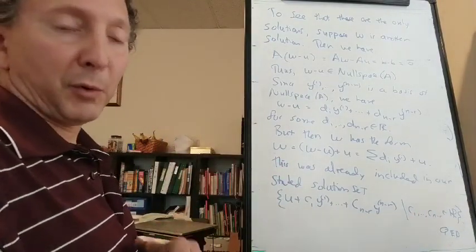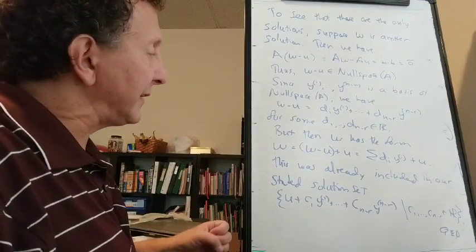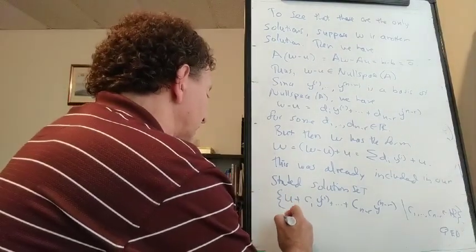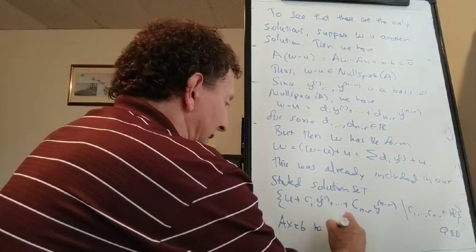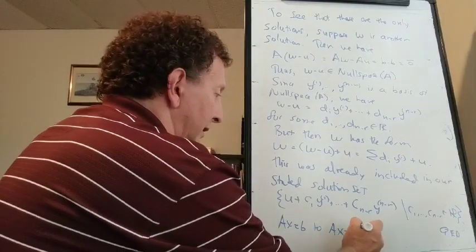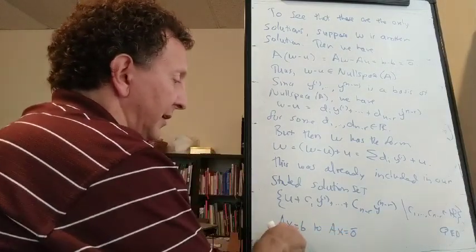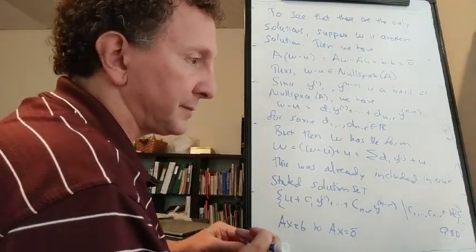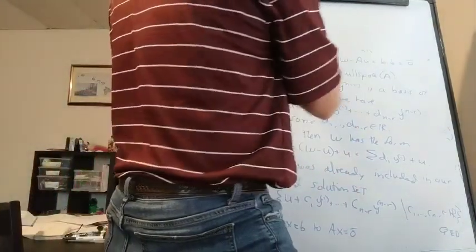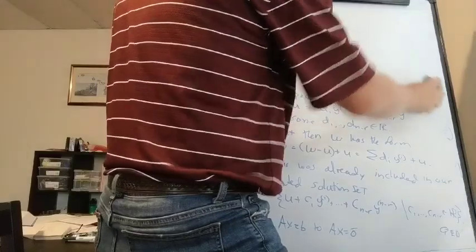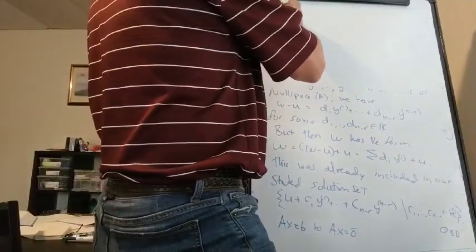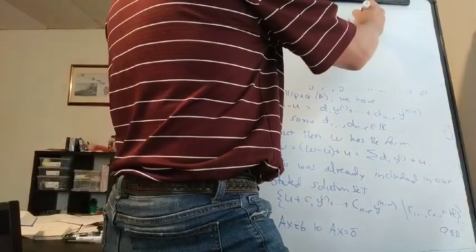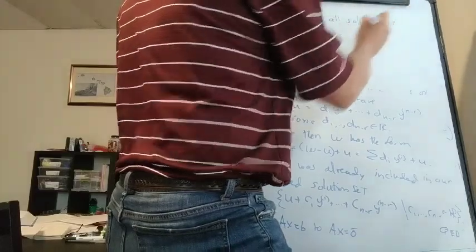All right, now let's do an example, which is really nothing new, but I just want to look at the example in terms of what we just said, relating the system of equations AX equals B to the related system AX equals 0, to see how the null space works its way into the solutions of AX equals B. So for example, let's find all solutions of